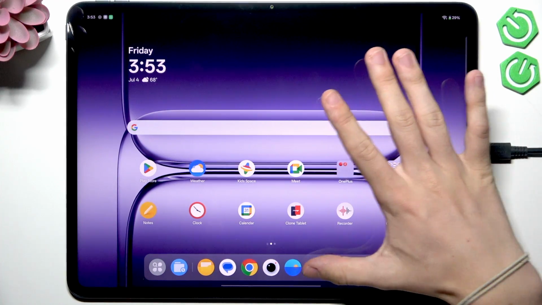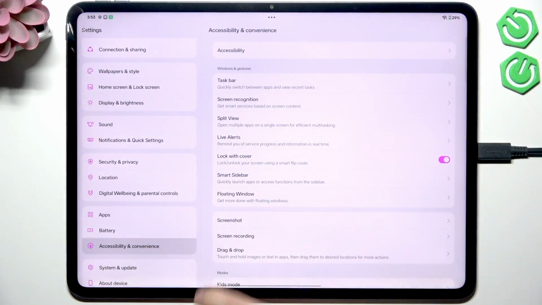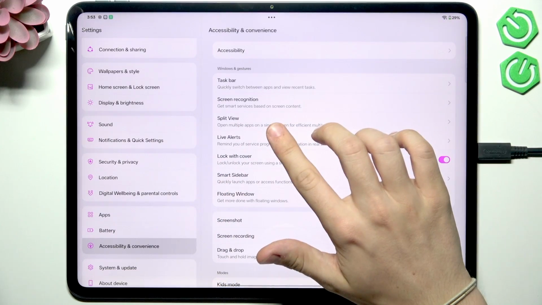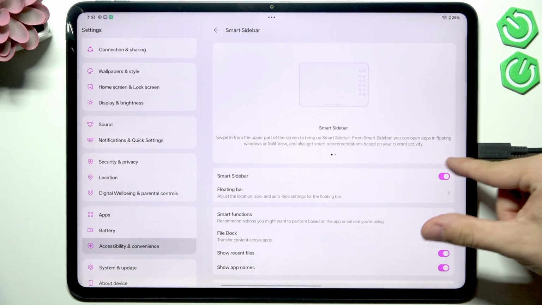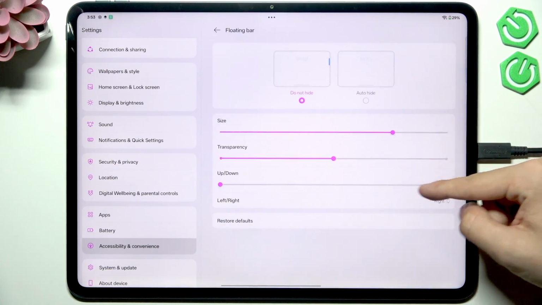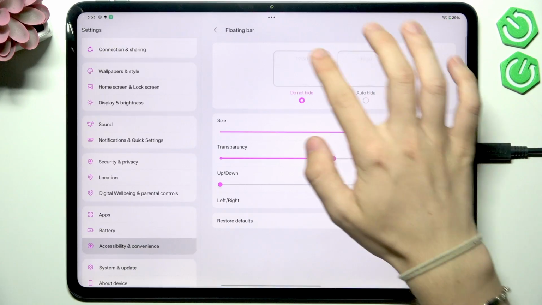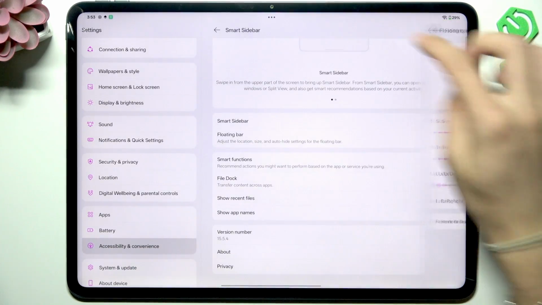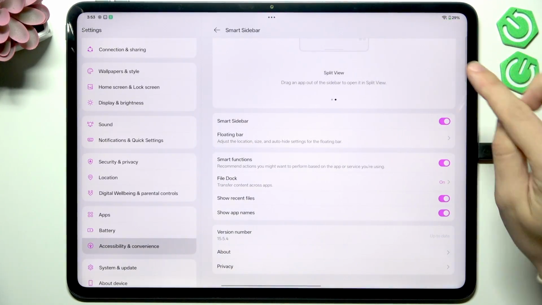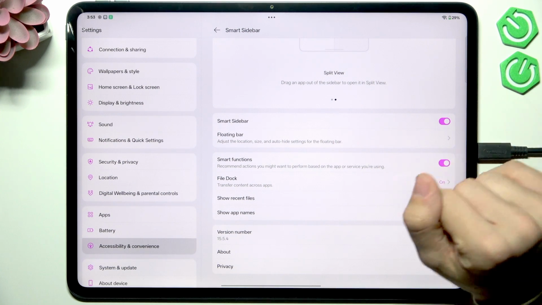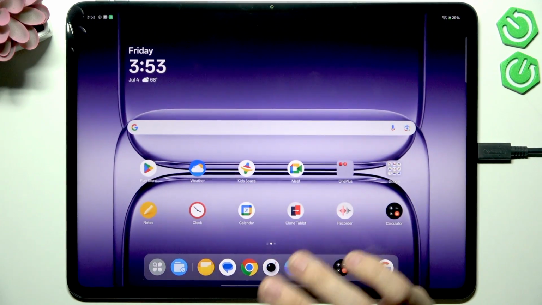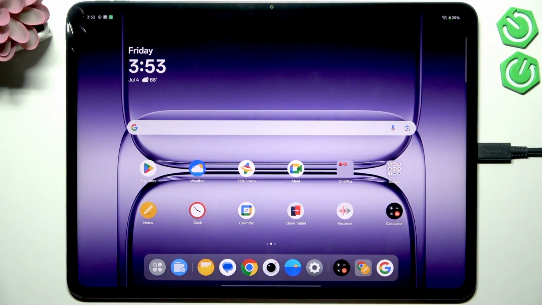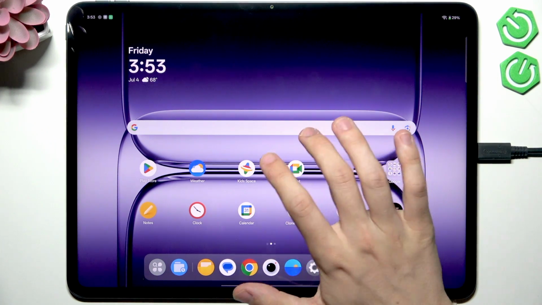If you don't have this bar, go to the settings, then go to accessibility and convenience, and you'll find smart sidebar. It has to be enabled. You can adjust the floating bar so it actually looks like you want it to. The floating bar is this bar once the smart bar is closed, and also smart functions need to be enabled in order for the AI speak to work, because that's the tool we're gonna use to read a website